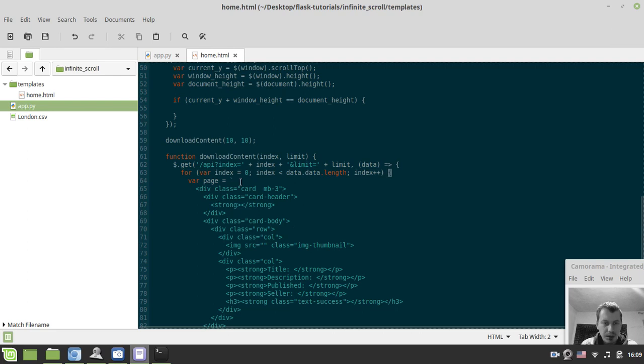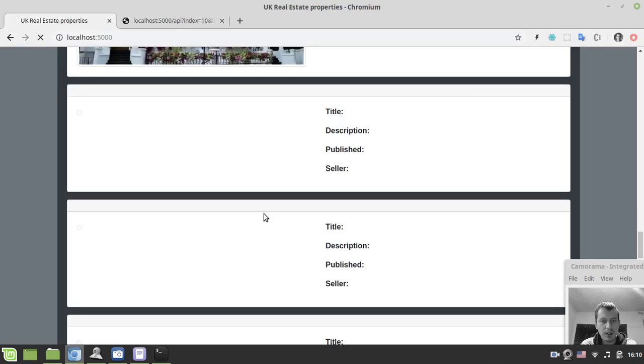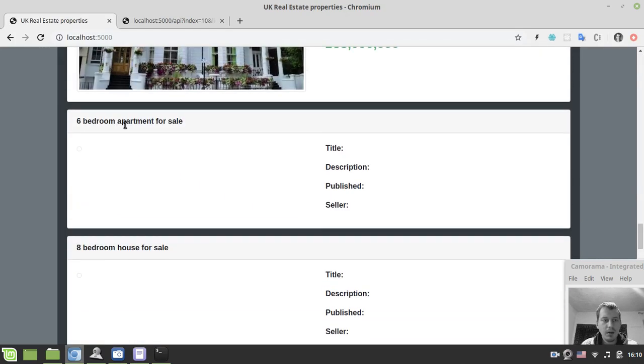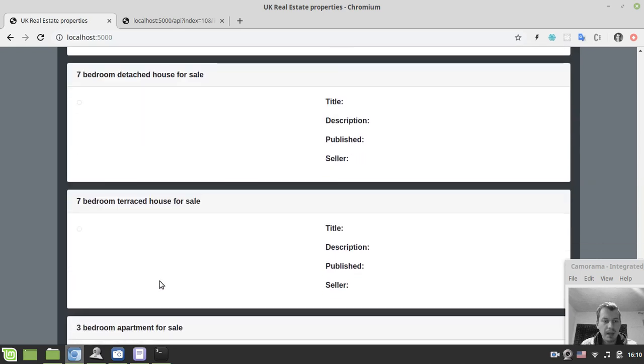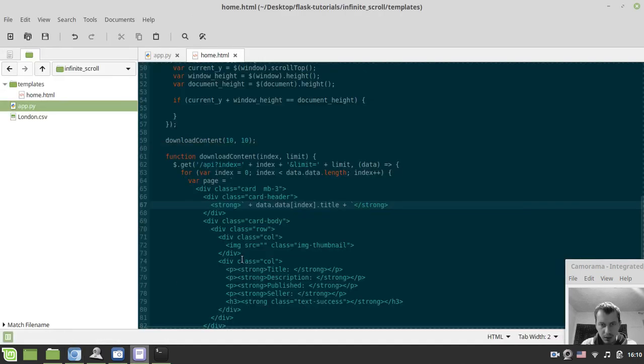So starting from the title, let me just add card header strong. Okay, so here would be the title. So I just break the string here and say data, index.title, and I hope to see the titles at this moment. Okay, great. So now we have the titles added, and now exactly the same we want to do for all the rest